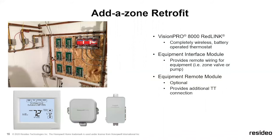This utilizes our RedLink wireless communication, which we've talked about in previous webinars. I'm not going to go into too much depth. If you want more info on our RedLink, we have a previously recorded webinar that you can watch on that. It goes into much more detail than I have, frankly, time to cover on the call today. But what it's going to do is you get the ability with this Vision Pro 8000 to do 2 things with it. You can either hardwire it like a traditional thermostat, or if you use it in conjunction with our equipment interface module, which is shown there in the bottom right, you can make that thermostat operate completely off of